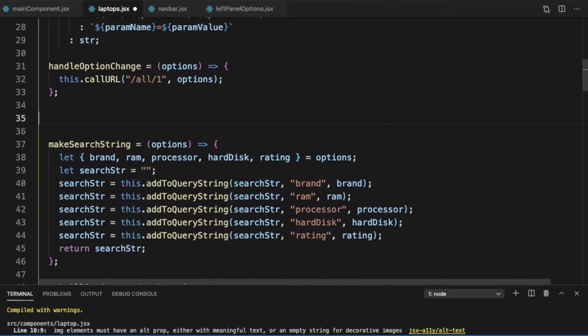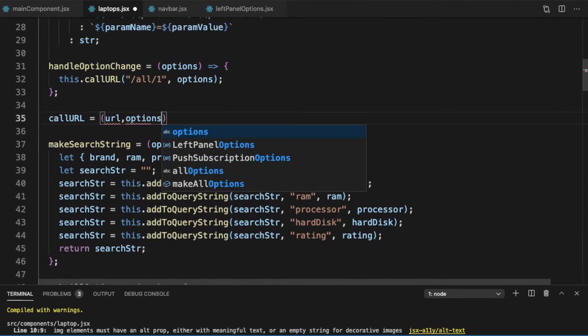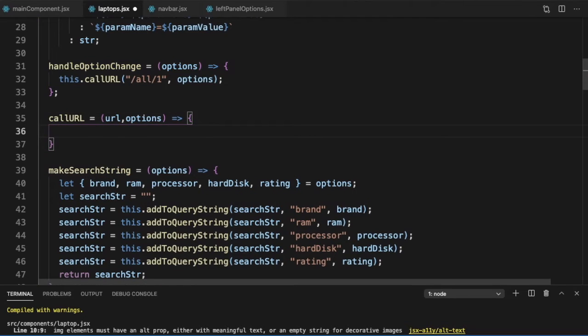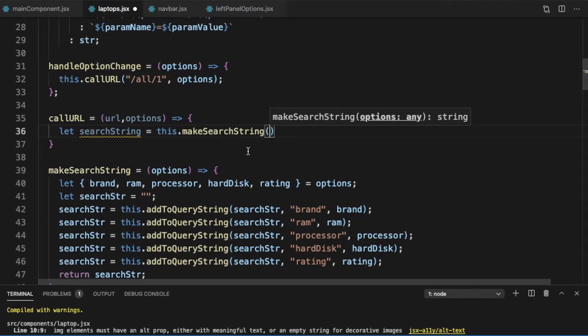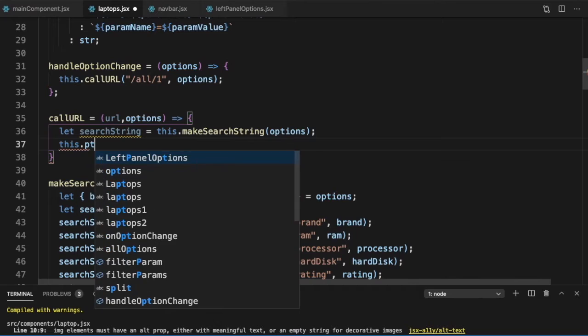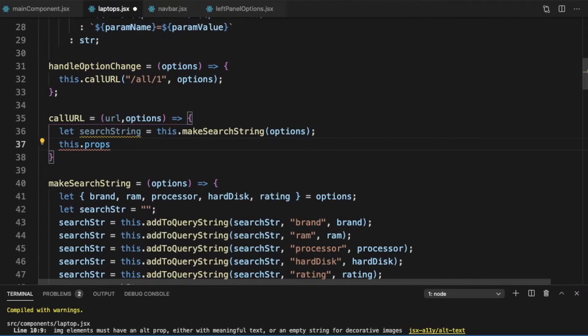So let us now define our callURL. So callURL is equal to, it takes 2 parameters, URL and options. And what does it do? Like we did earlier, let searchString is equal to this.makeSearchString, the function we had defined earlier, on options. Once we do that, we can just say this.props.history.push.